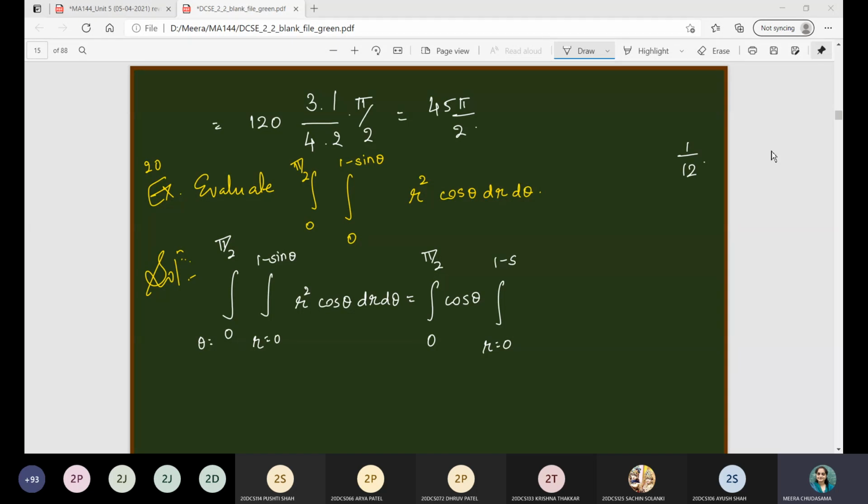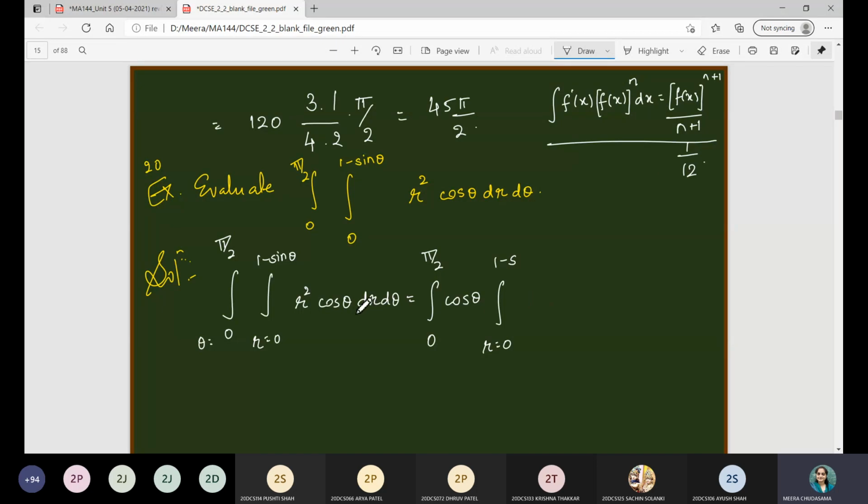Other students, do you find difficulty in solving the integration? If yes, then let me tell you. Suppose the derivative of the function is given, and another one multiplied with it is raised to the power n. At that time, the integration is given by the n plus 1th power. I cannot write it like this because it will represent the derivative, right? So it will be f of x to the power n plus 1 upon n plus 1. This formula will be useful if you solve this integration.